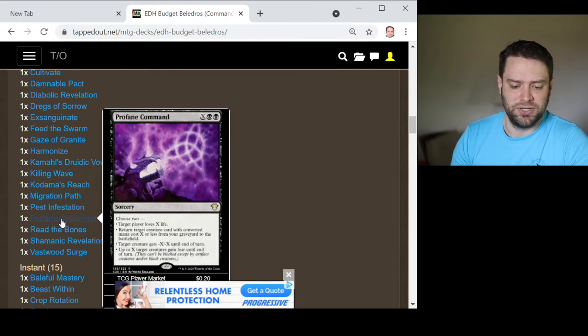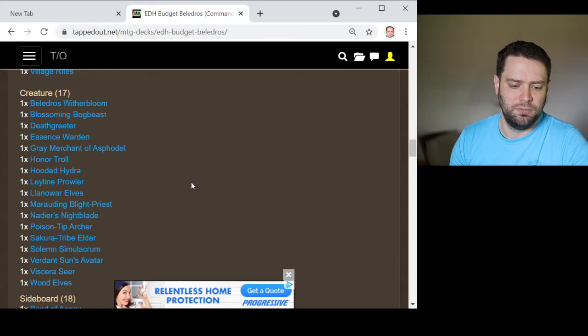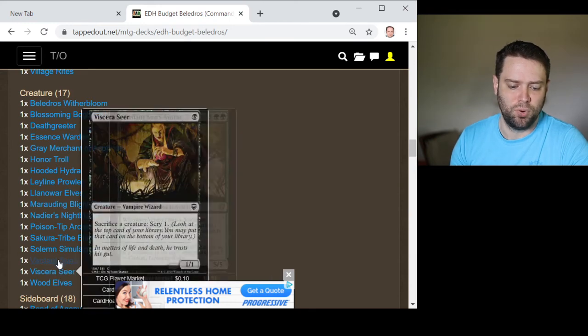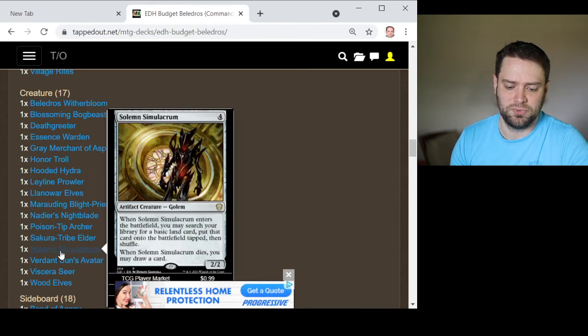Profane Command, it's just a budget command. It's not great, but it'll do some good stuff. If you just go big on Profane Command, you can just kill somebody, and you can get some of your key creatures. The creatures aren't the real important part of the deck. They're here more to support the mana ramp and